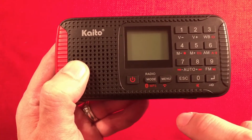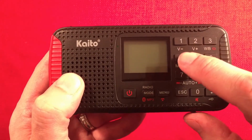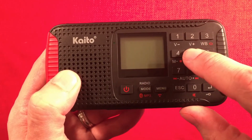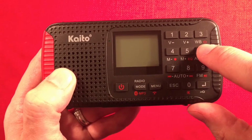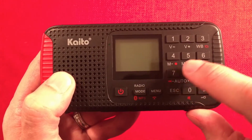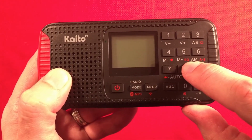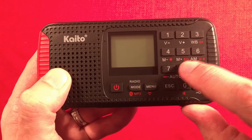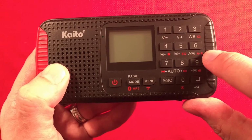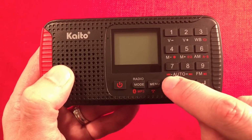for your attached phone. Your numeric keypad 1 through 0 has extra values to them. So 1 has volume down, 2 has volume up, 3 has the weather band select and also repeat functions, 4 has the memory down and record function, 5 has memory up and the EQ function, which only works in the MP3 playback, 6 is your AM band select and A to B repeat, 7 also acts as your back on your MP3 playback,